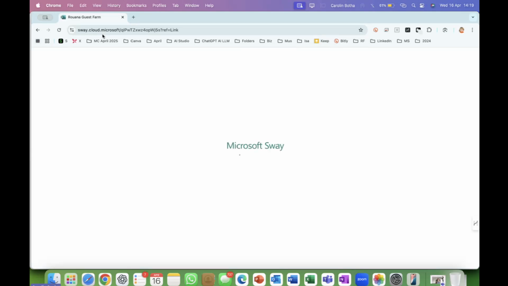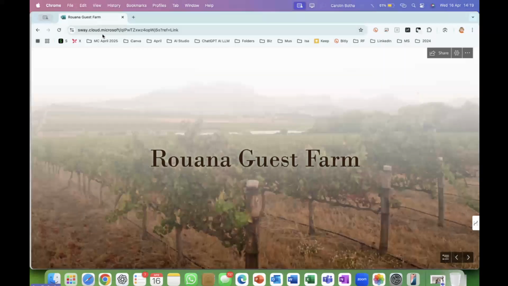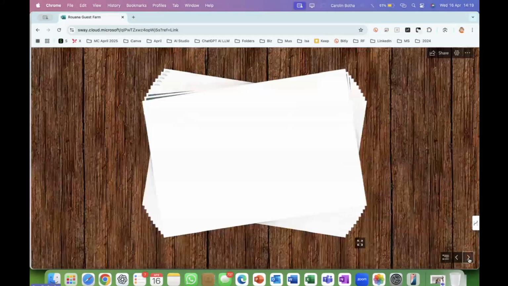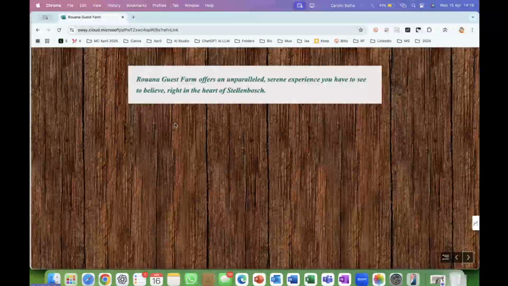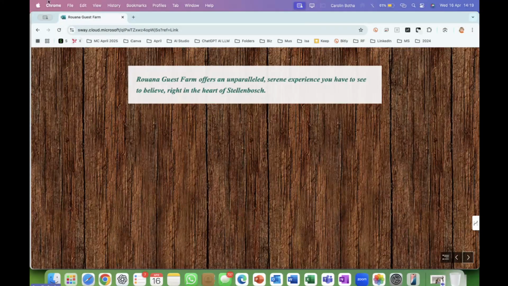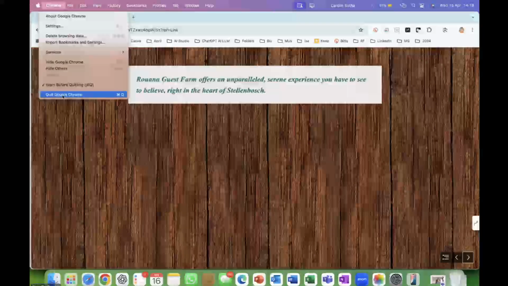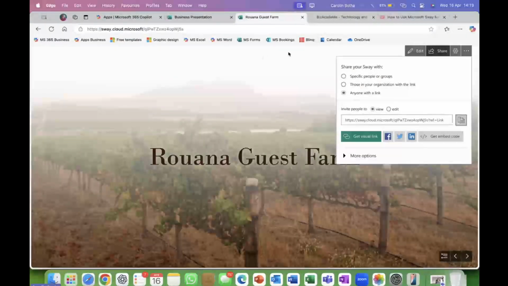So I just go and click on the link or paste the link. When you send it to someone in a WhatsApp and an email, whichever way you prefer, and they click on the link, this is what they will see. It will open in a browser because it's web-based, but then on the bottom right-hand side, they can carry on looking at this presentation.